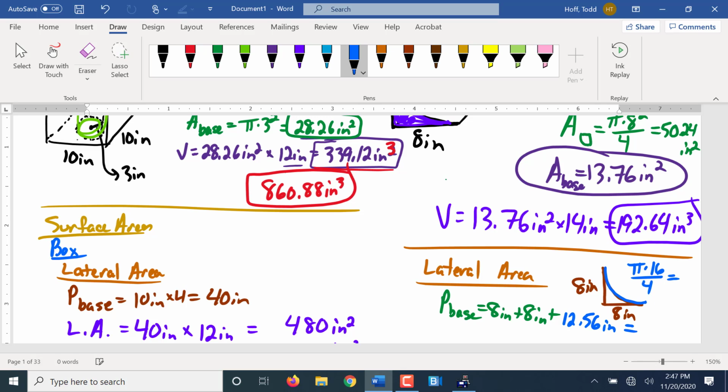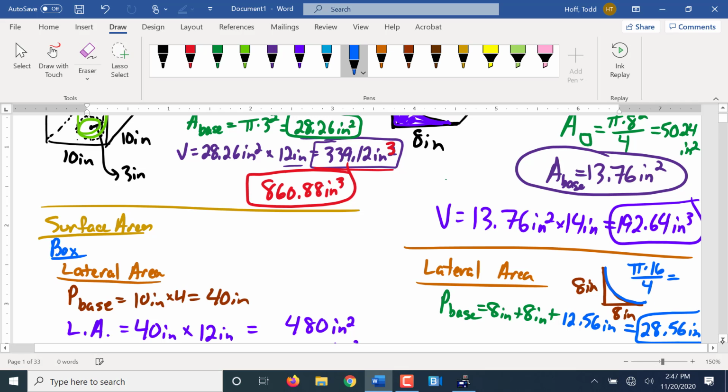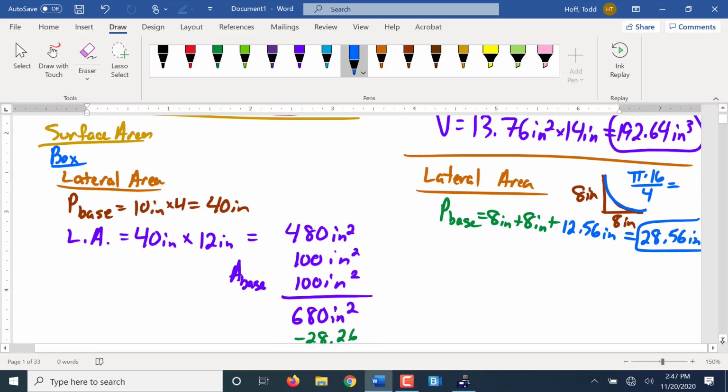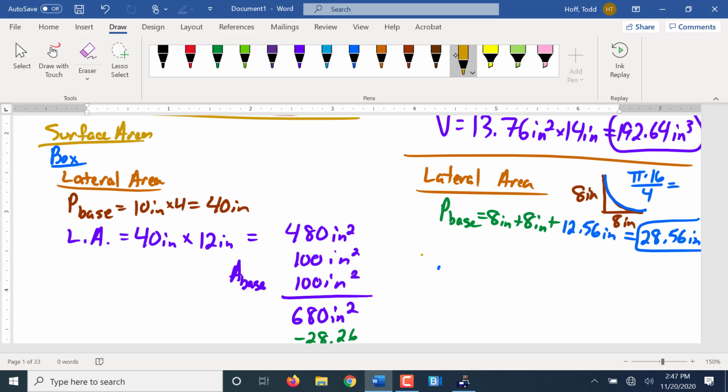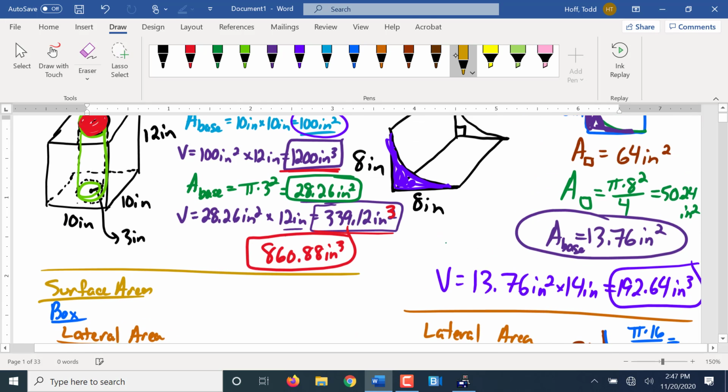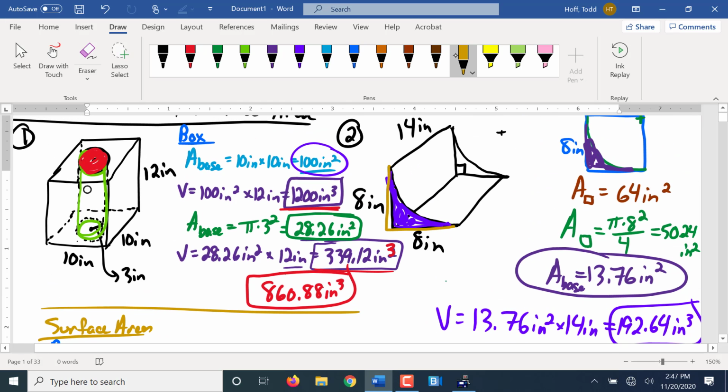Get 12.56. So that adds up to a perimeter of the base of 28.56 inches. What do we do with that? Not added to, but multiply by. So what we found was the distance around the base here. So we're going to multiply by,